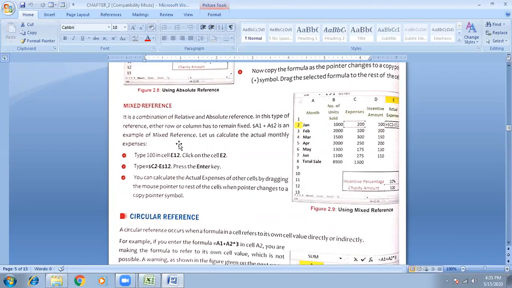For the example of mixed reference, let us calculate here. Type 100 in E12, click on cell 2, and write the formula $C2 minus E$12 and press enter. It means whatever value you have written in E12 will be fixed. So I will show this in Excel here.